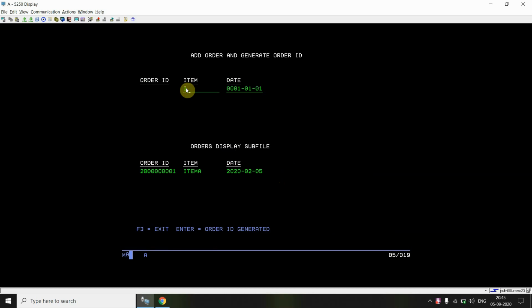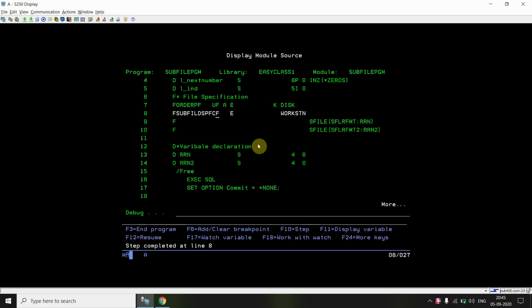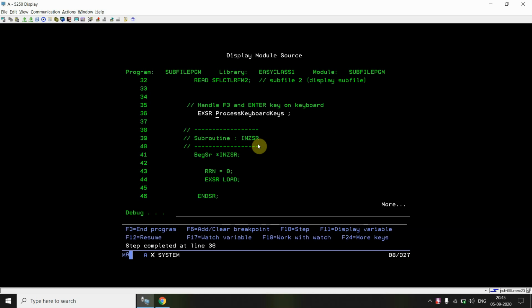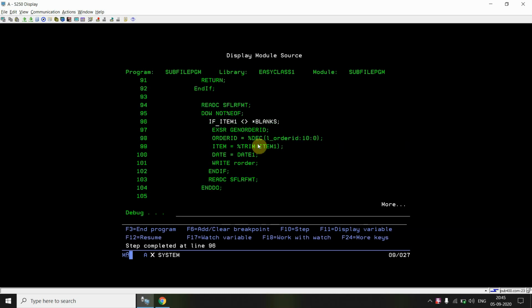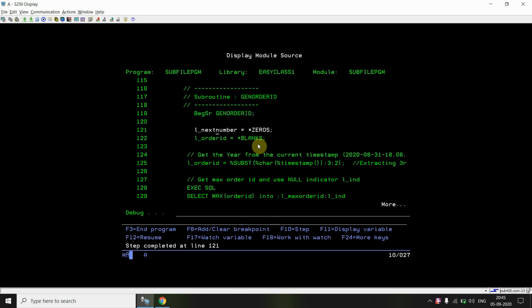Okay, so now this is for the second time. Item B, and page down, item C. I just entered item C here, so it will remove these blank spaces and will enter the correct entry. Just press enter. It will generate the order ID for the first changed record. This is blank.